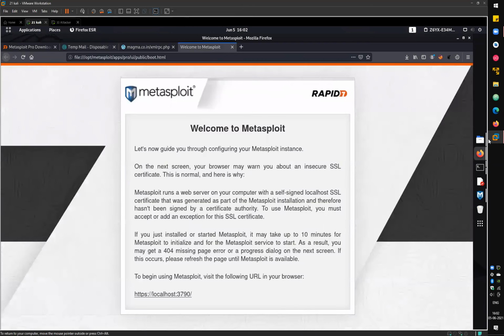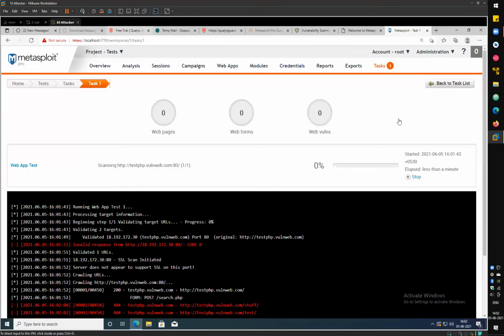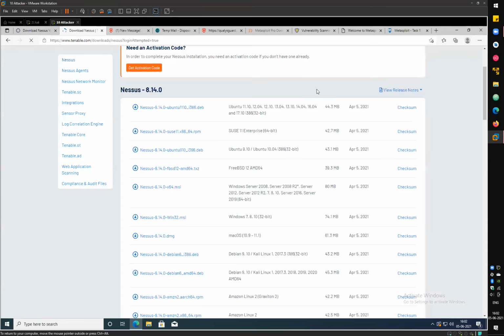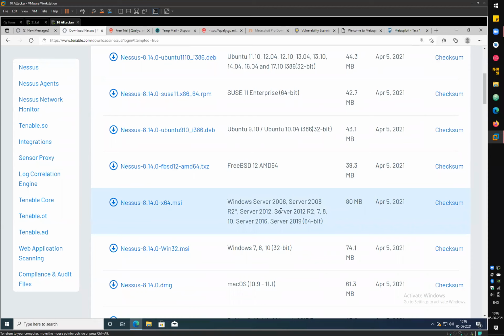Other than this, if I go with some other scanners as well, like we have here, one of them was your Nessus. So let's go with the basic installation for your Nessus first. For Nessus, I have the installer file. You can download the installer file from this download page for Nessus here. Here I want to download my file for the 64-bit Windows operating system. If you are using 32-bit architecture, you can also go with the 32-bit file here, right? But I'm using 64-bit, so I will download this file,